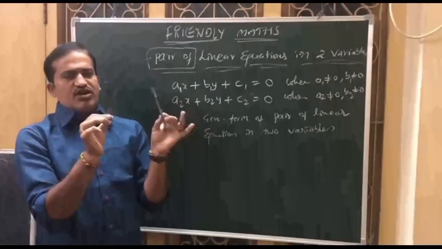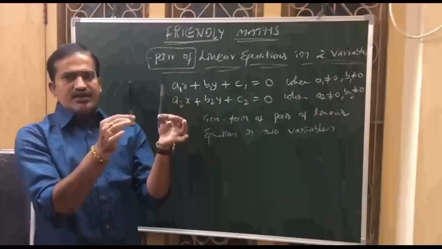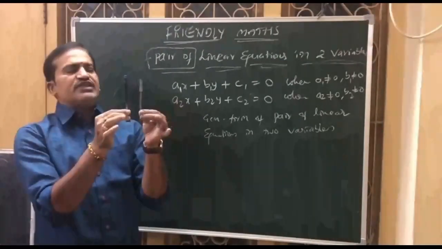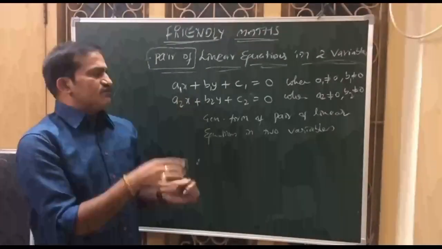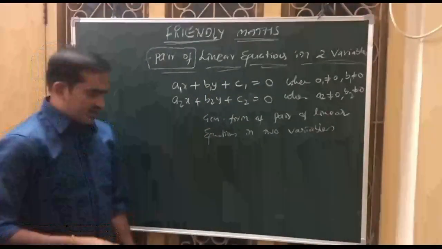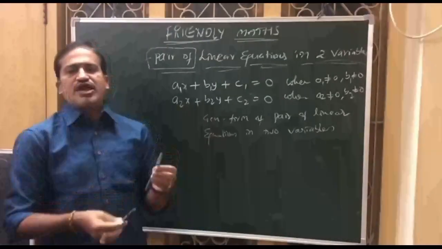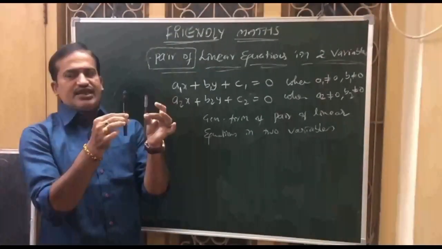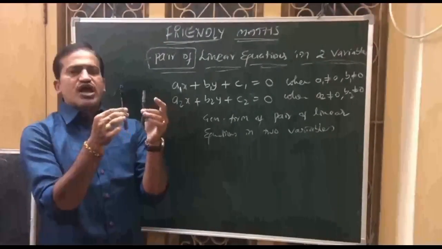When you take any pair of linear equations, they attain three different properties. They are parallel, or they are coincident, or they are intersecting. If they are parallel, what happens? There is no common point. As I said previously, every point which lies on a single line is a solution. When you take two lines, their common point is the solution. If two lines are parallel, they are not intersecting at any point, so those lines do not have any solution. Why? Because there is no common point.